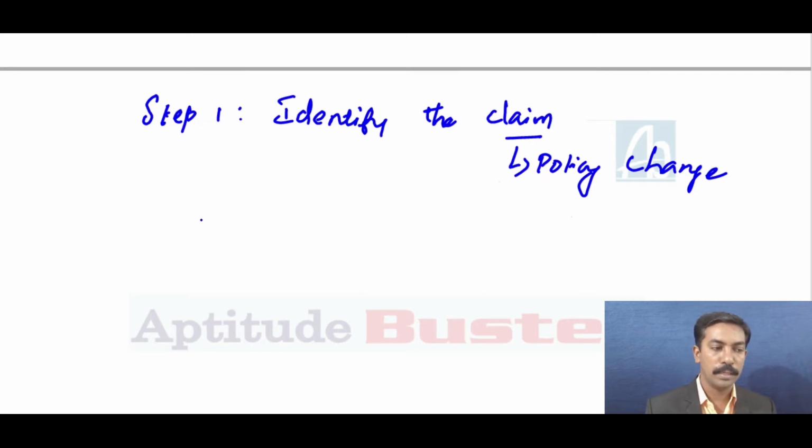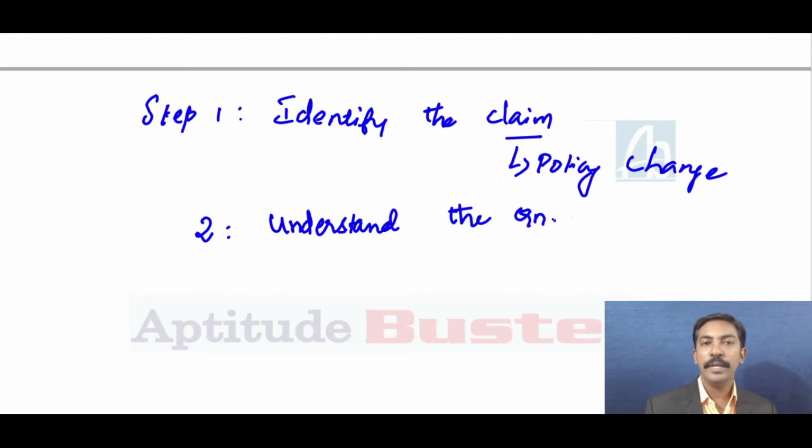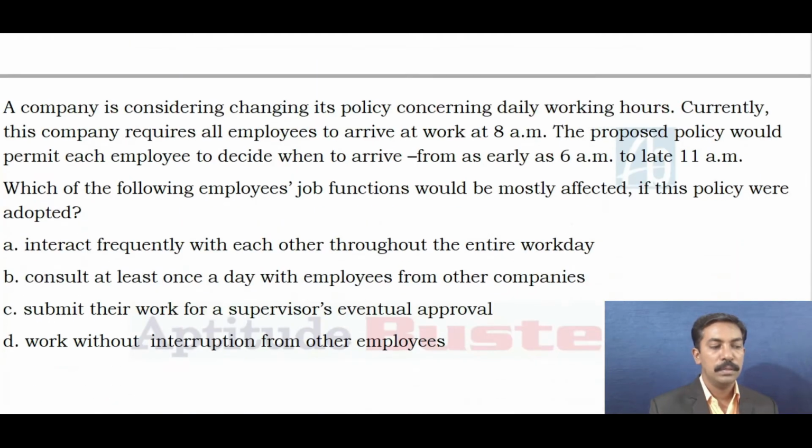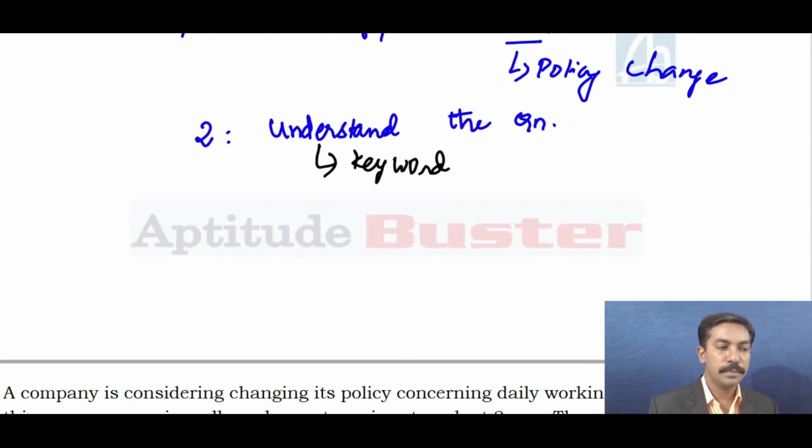This is step 1. Step 2 is to understand the question. You need to be careful with this step because reading a question doesn't mean that you have understood it completely. So understanding can happen by asking yourself the keyword in the question. The question asks you which of the following employees' job functions would be mostly affected if this policy were adopted. So which is the keyword in this question? You have been asked to identify a function that would be mostly affected. If you have understood the question, step 3 is to